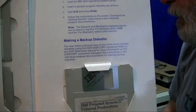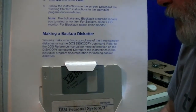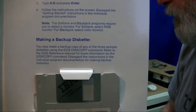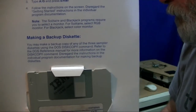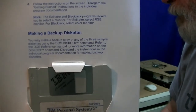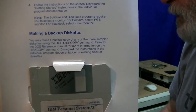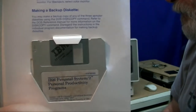And making a backup diskette, you may make a backup copy of any of the three sampler diskettes using the DOS DISKCOPY command. Refer to the DOS reference manual for more information on the DISKCOPY command. Disregard the instructions in the individual program documentation for making backup diskettes. And they have one diskette